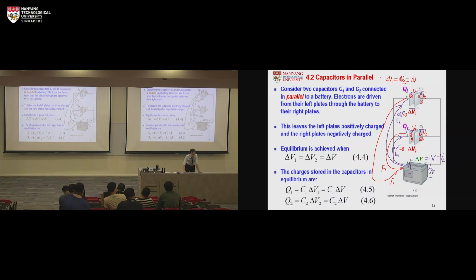Then you can build up this first relation in terms of the potential difference, right? And the second one is the total charge. So I will write down here. So this is the relation 1, and for the relation 2, now we are trying to figure out how many